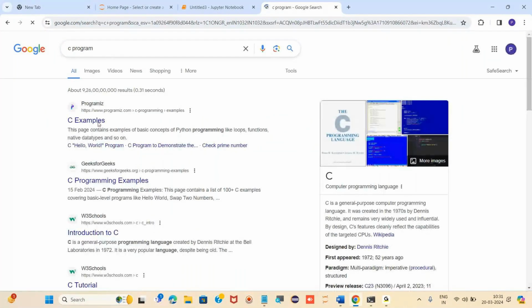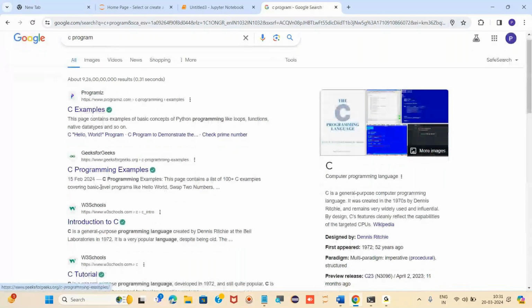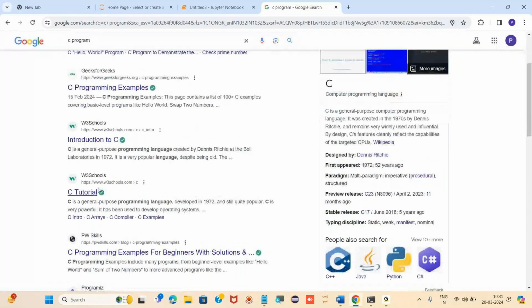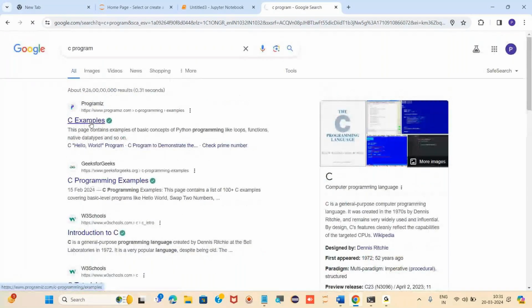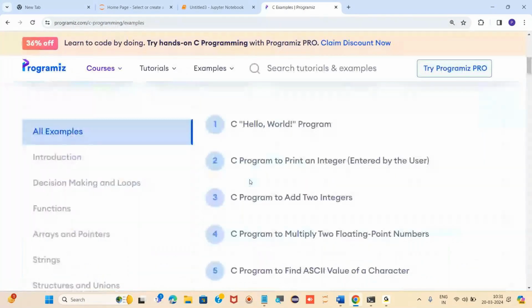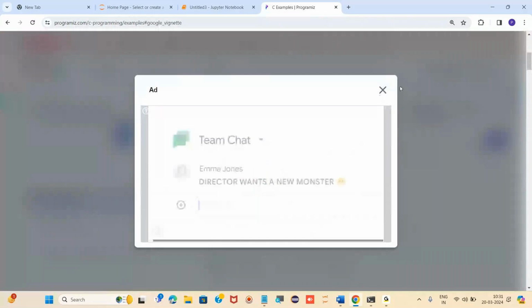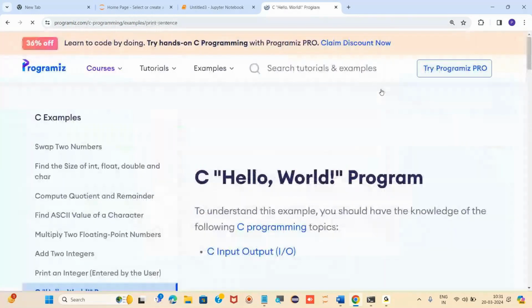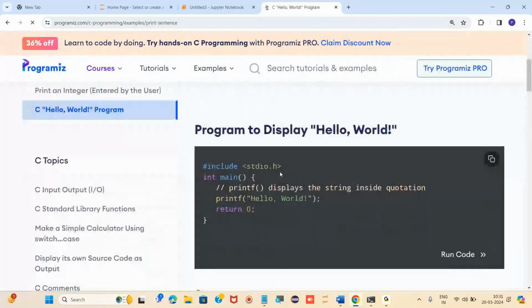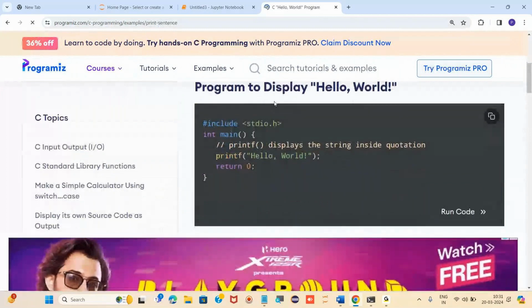So if you see any website, you can go for that. We'll go for this C example, and we will write a simple hello world program, right? For C programming, we will see a simple hello world program. Everyone can see this, is it visible to everyone? Yes or no? Yes, thank you. So if you can see here, how many lines of code?